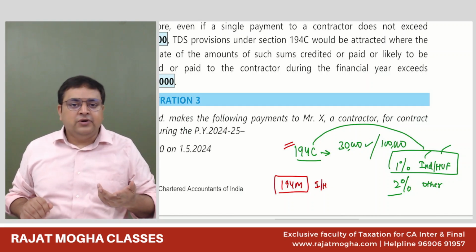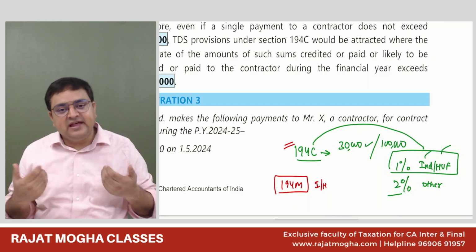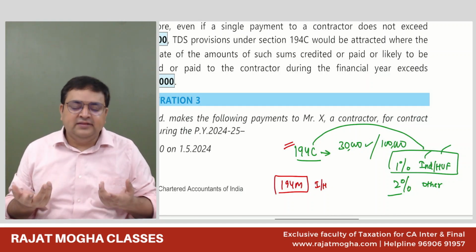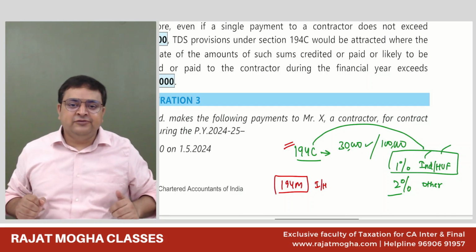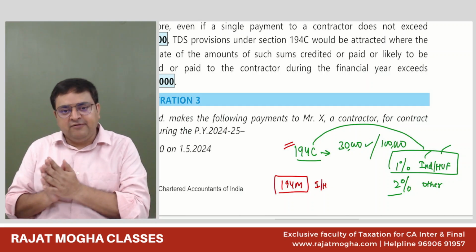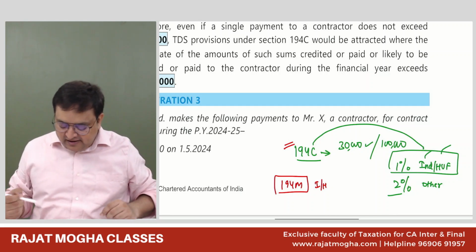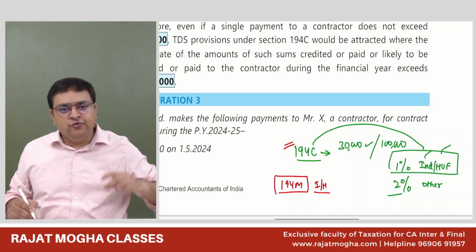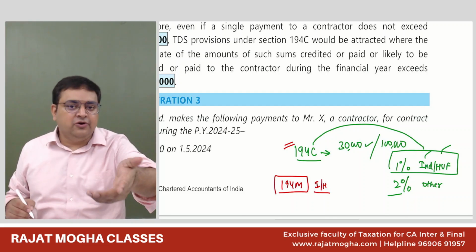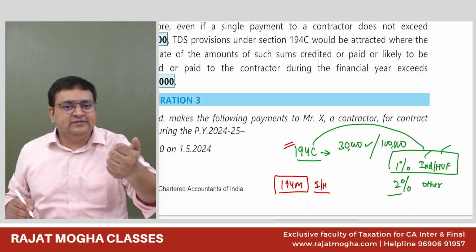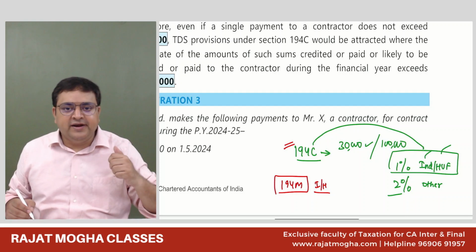Or also, let's say this individual has no turnover in the last year. Let's say he is a salaried person or he has any other income, not business. So that person is also not covered in 194C. So those individual or HUF are covered in 194M. So 194M says that if you are such an individual or HUF who are not covered in 194C, maybe you are giving a personal contract because 194C was talking about a business contract. So maybe it is a personal contract, so you are not covered in 194C.